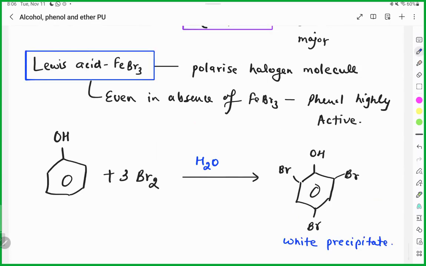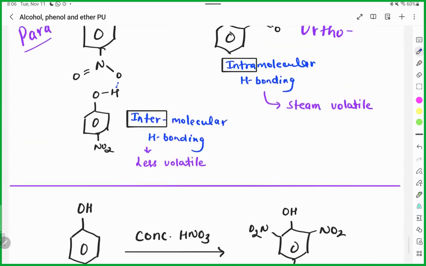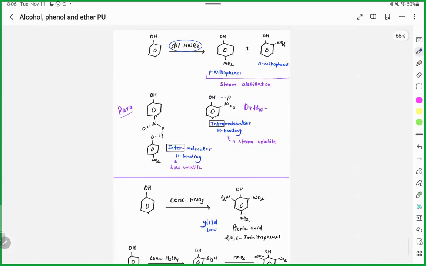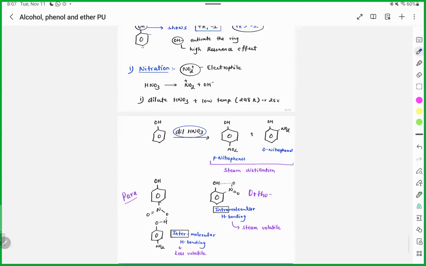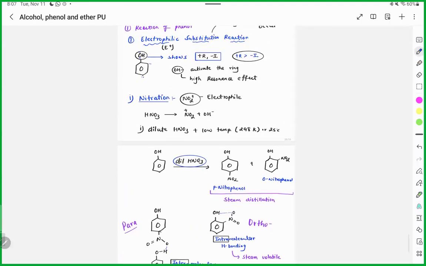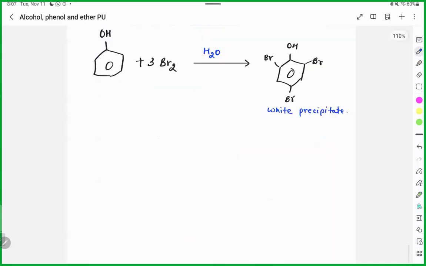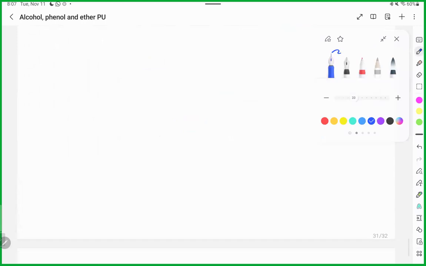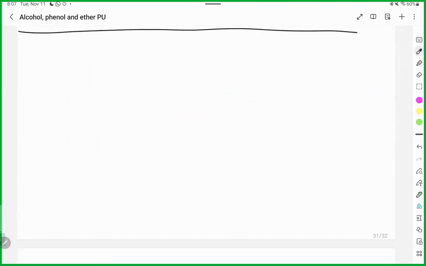Okay. So these two reactions are important, and let me tell you, you will definitely get one question from this electrophilic substitution lesson, 100%. So what we have studied from this, let me summarize in a very small part. If you have phenol,